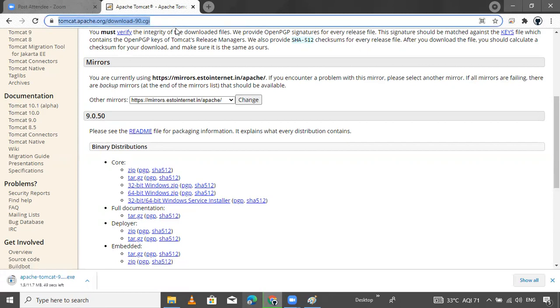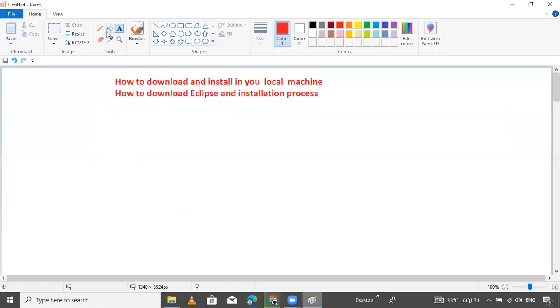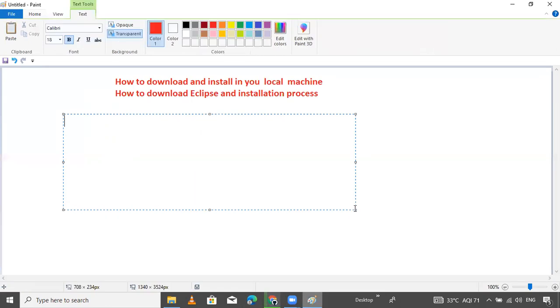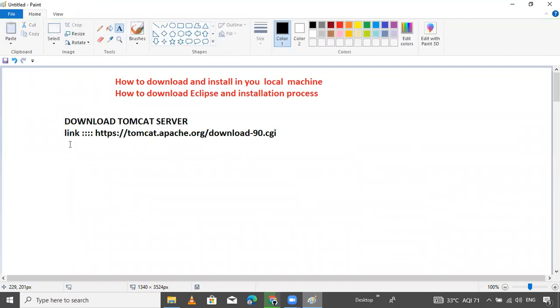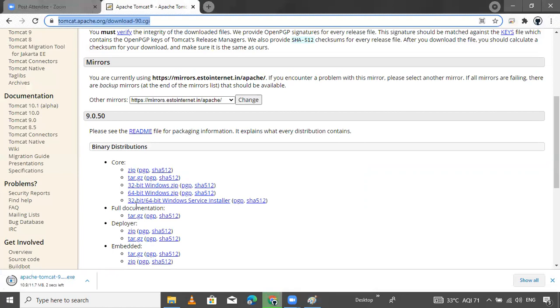Okay, now copy this URL. Download Tomcat server, link as this. We want to take a snapshot of this.